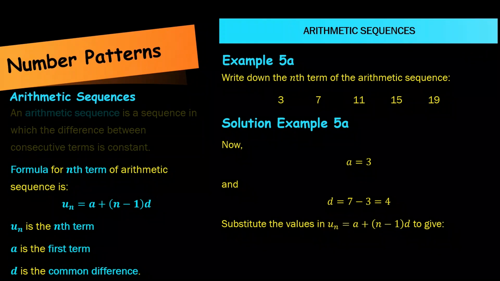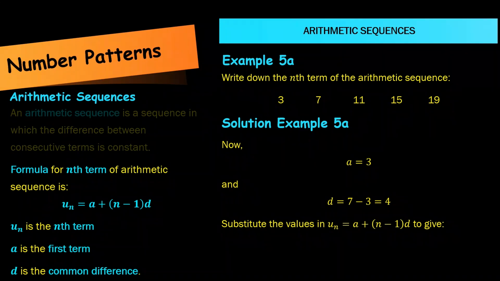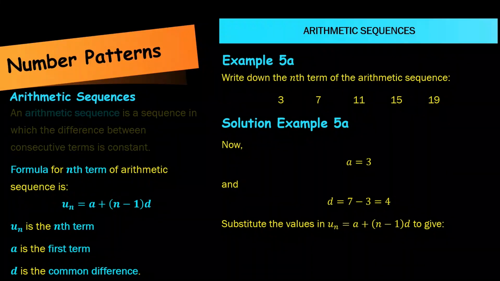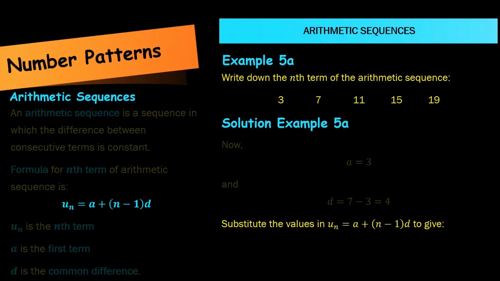We now simply plug in the values into the general formula for u subscript n. Remember that u subscript n is equal to a plus n minus 1 times d. And so if we plug in the values of a and d,